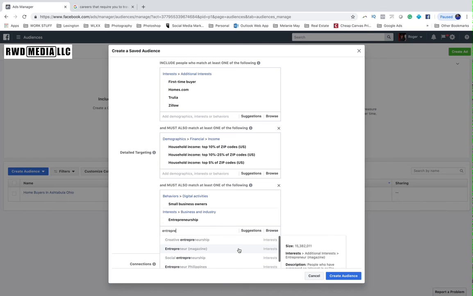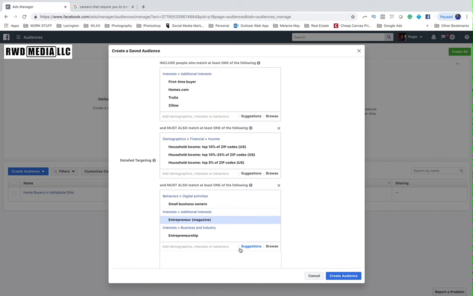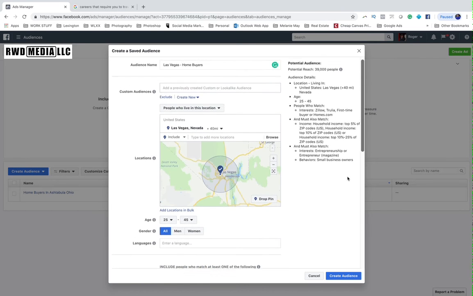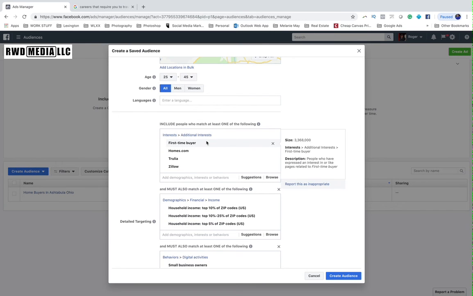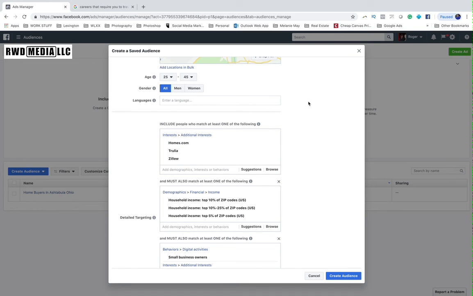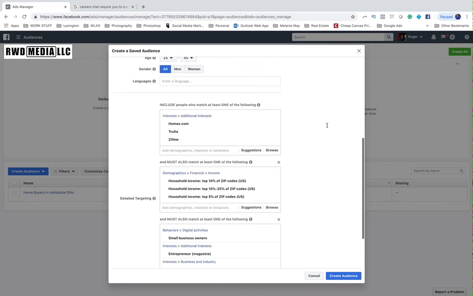You might want to find people who are interested, like you want to look at the numbers here too. So Creative Entrepreneurship has 62,000 size. Entrepreneur Magazine, 15 million. So you probably want to do Entrepreneur Magazine because they have an interest in that. And that'll bring your potential reach to 39,000. So these people are first-time home buyers, and you might at this point put in real estate here, depending on what you're selling. But if you're selling, let's say, a condo, you can probably take first-time buyer out. Homes, Trulia, and Zillow will put you at 38,000,